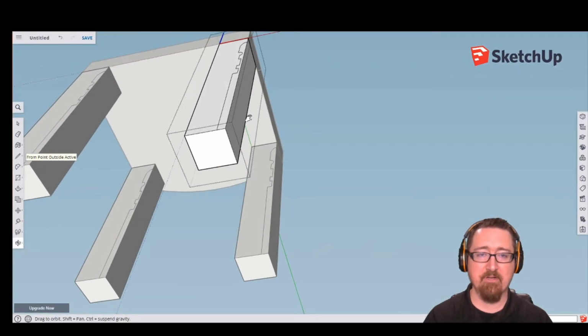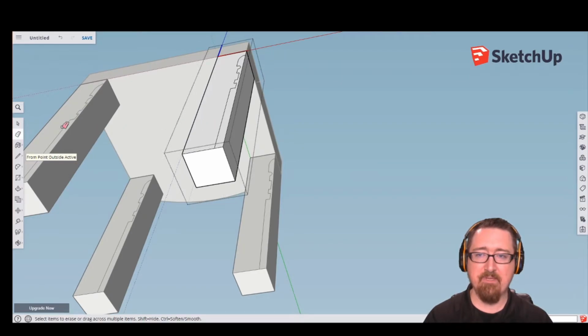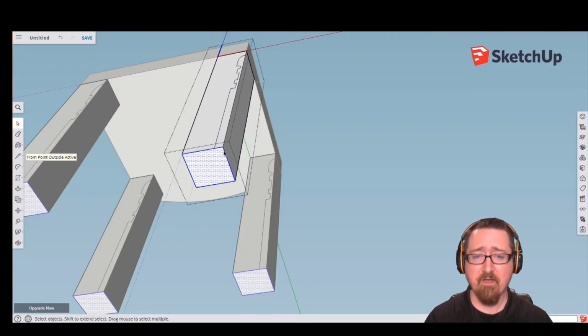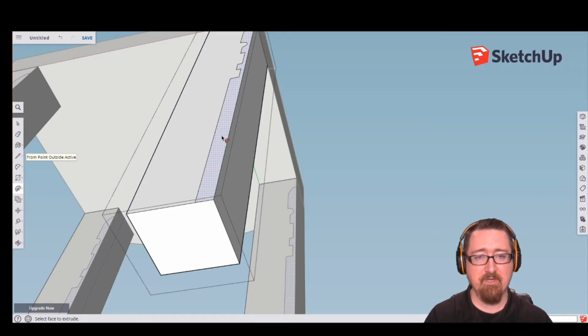All right, I'm going to orbit around to the bottom of this, and keeping in mind this pattern right here is the pattern I'm going to follow around. So the first thing I want to do is select my path, or pre-select my path. So I double click on the bottom of my chair leg, and I'm going to deselect just the surface. So the outer edges of the bottom of this chair leg is still selected. Come in here to my follow me tool, and then again the path I want to select is this one right here. I click that once,